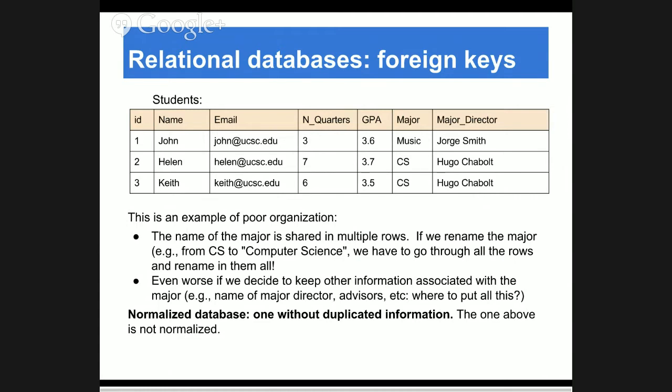Now, suppose I want to have also the name of the major director. You know, the major, I don't know, a student advisor. For each major, I want to put it also in the table, for some reason, it's just an example. But suppose I want to do that. So for everybody that has CS as major, I would have to put a name. I made up a name, but I would have to put the name in this table. Now this is a bad organization of a table.